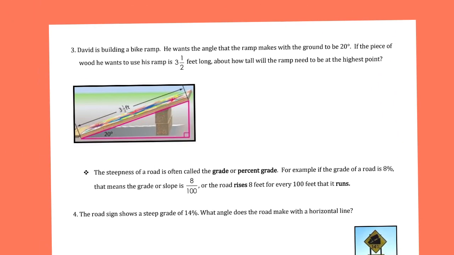On the back, if you look at some word problems, they're saying, if you have a 20-degree angle, what would be the height of this shape? With regard to the angle they gave you, this is the opposite leg, and this is the hypotenuse. The ratio that talks about opposite and hypotenuse would be sine. So sine of 20 degrees is equal to X over 3.5. To solve this, you multiply both sides by 3.5, and 3.5 times sine of 20 will give us a value of